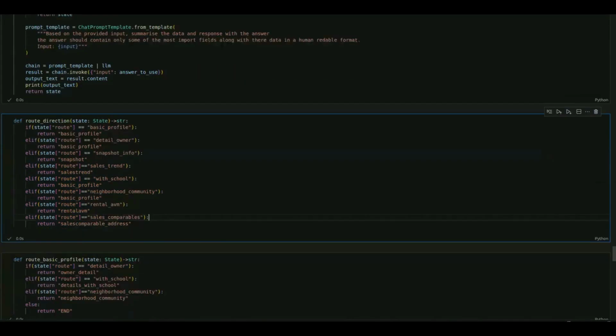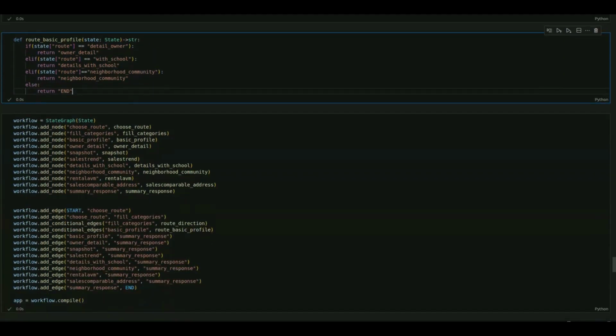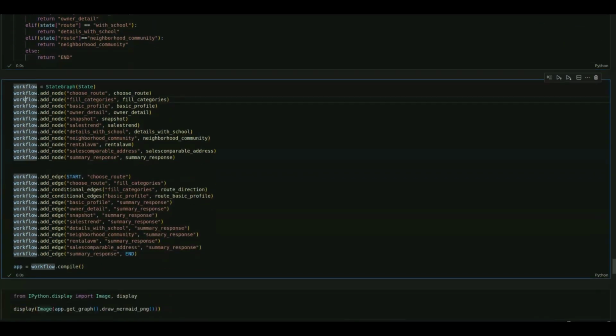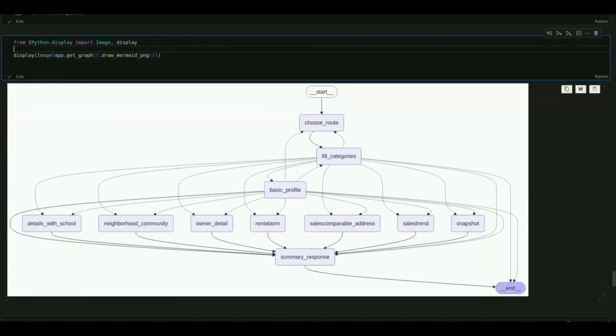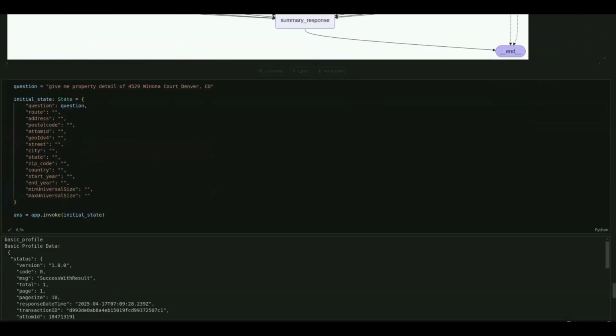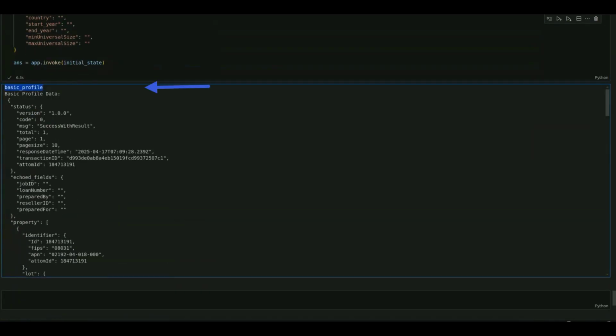The route_basic_profile function handles cases specifically triggered by the basic profile, routing to the right data tools. We then build the LangGraph workflow, connecting all tools and logic into a cohesive pipeline. The graph is visualized to give a clear view of how components interact and how data flows through the system. Finally, we run the full workflow using user input, embedding the query into the state, executing the graph, and returning